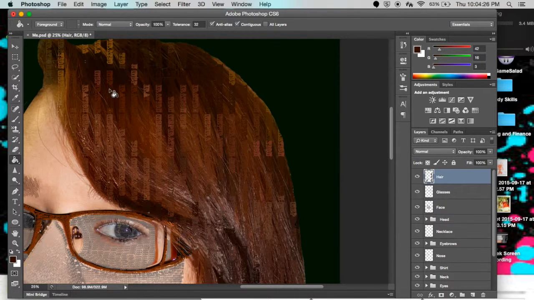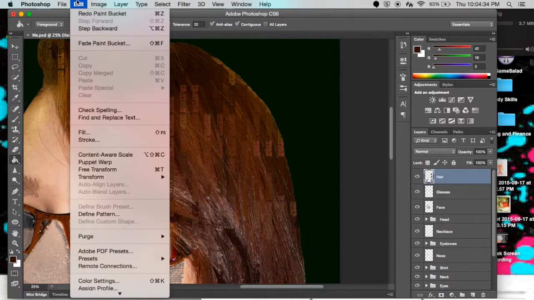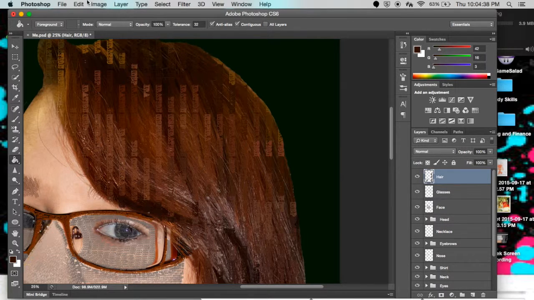And see, I can just use the paint bucket tool and change the colors of what I need it to be. Let's not have it that color. Let's undo this, step backward. I think that looks okay. Alright, so